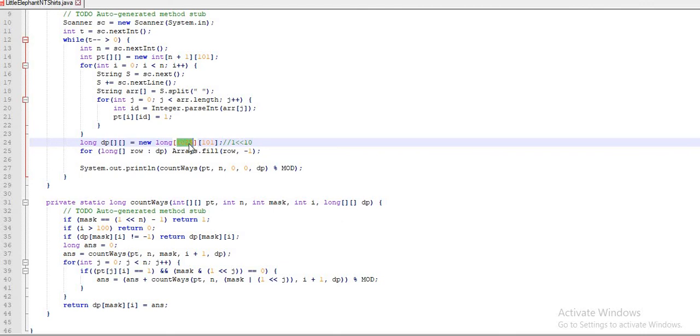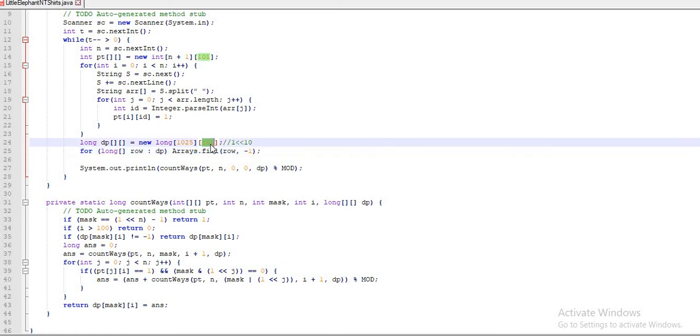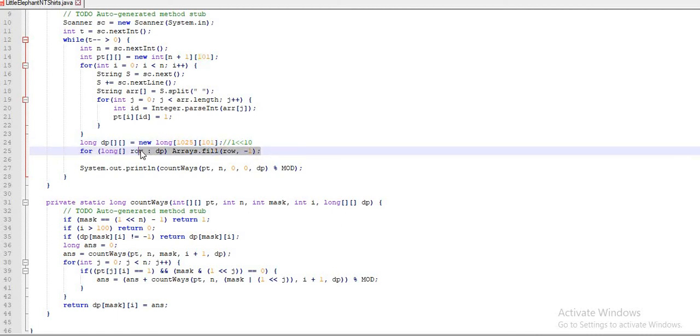Again, to avoid the out of bound exception I am taking it +1, so that is 1025, the total number of possible rows, or sets. Secondly, I have to have my set based on the t-shirt IDs. T-shirt IDs are in the range of 1 to 100, so that's why it is +1, with the same reason to avoid the exception, that is 101. Initially I am setting my array to -1. This two-dimensional DP will contain -1 initially.